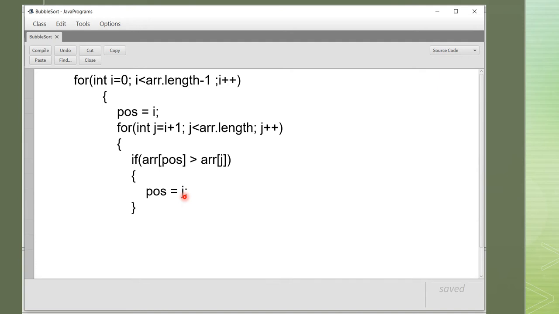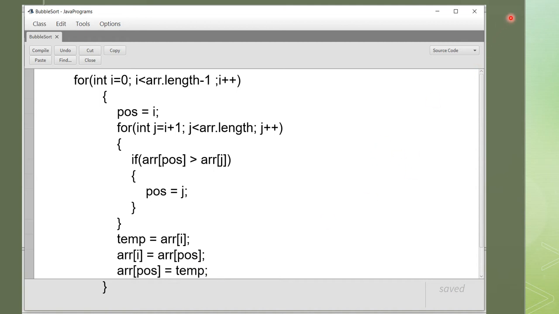After the condition has been executed, you're going to close the inner loop. After the iteration of the inner loop is completed, you are going to swap the value of i and position. So temp equal to arr[i], that is the first value, which is stored inside temp. Now the position value will be moved onto the first element, right? So arr[i] equal to arr[position], and arr[position] equal to temp. Whatever is stored in temp will be stored back into the position.